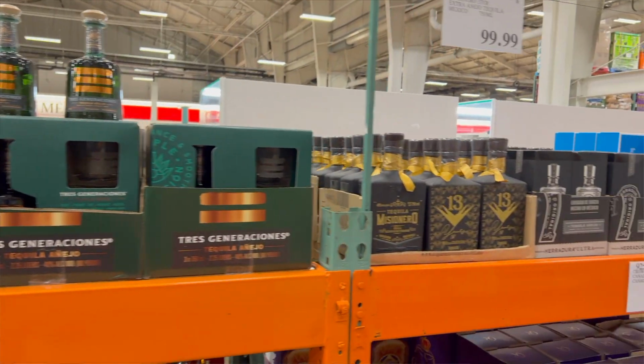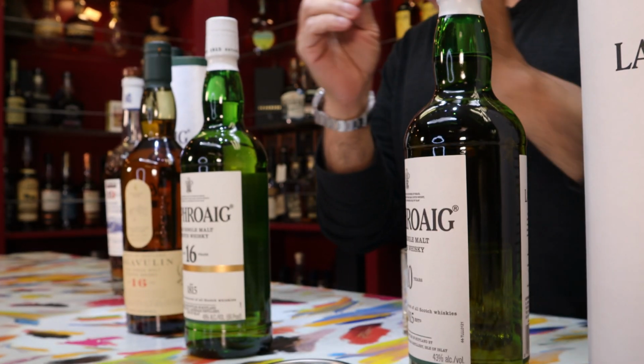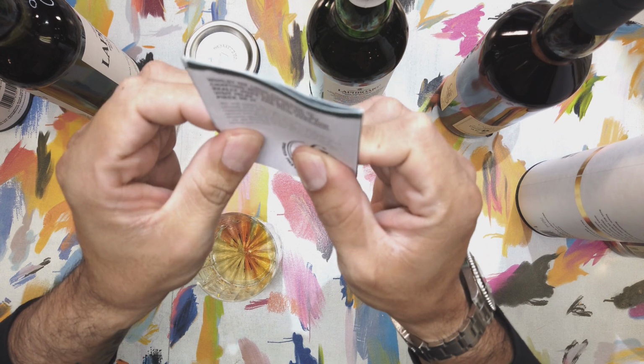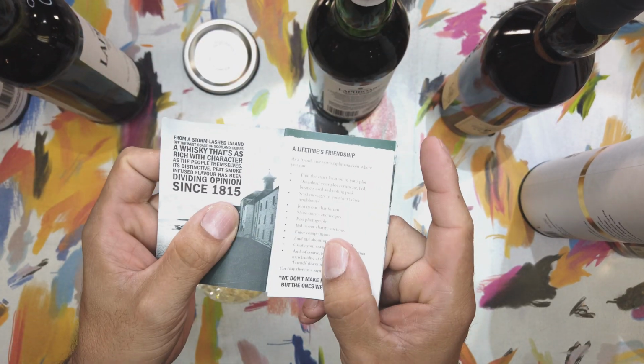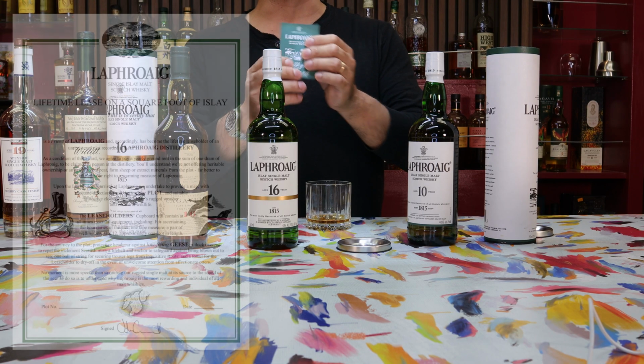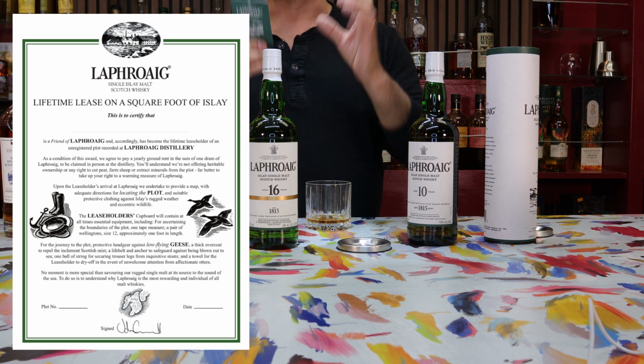And what won me over on this one is the fact that inside, also, there is a little book, which is very common on Laphroaig, usually. They have it in there. But inside the book, they have a code, which I'm not going to show you, but they have a code in here that if you go and register, you actually get a little 1 foot by 1 foot piece of land